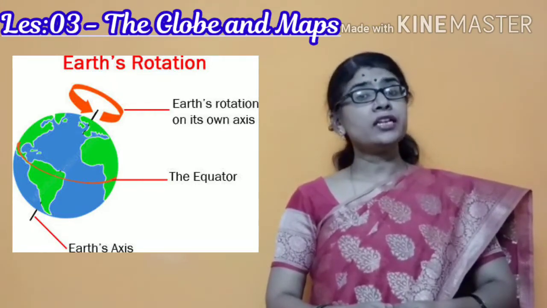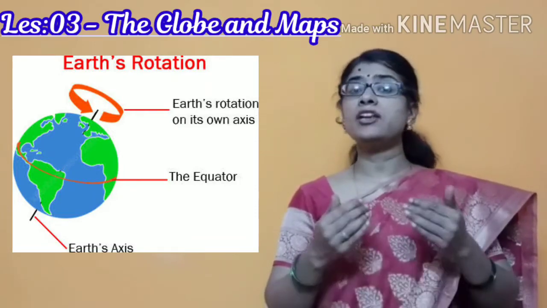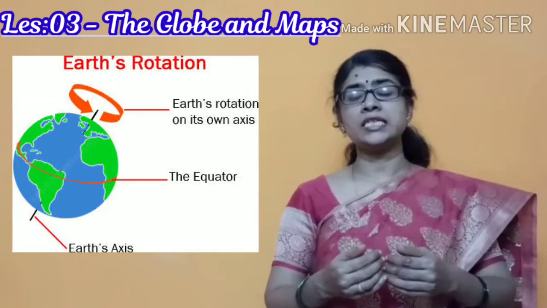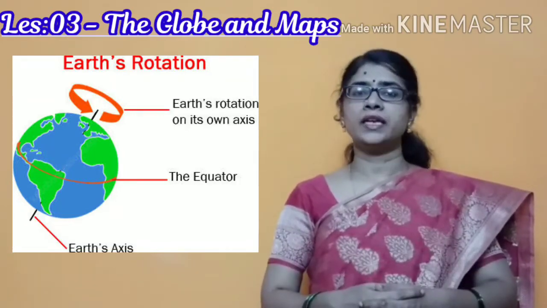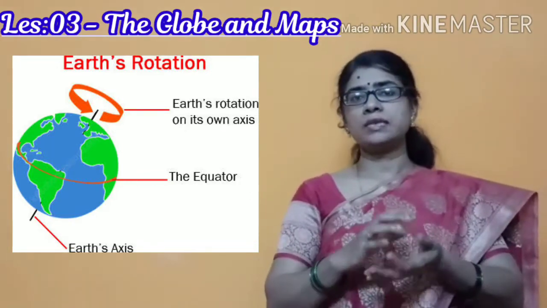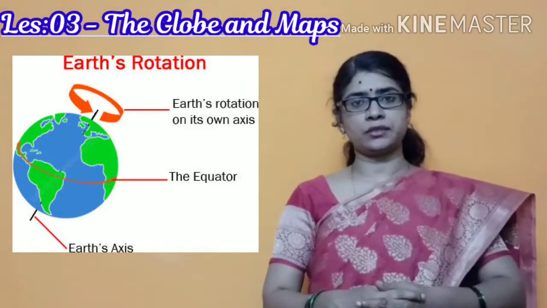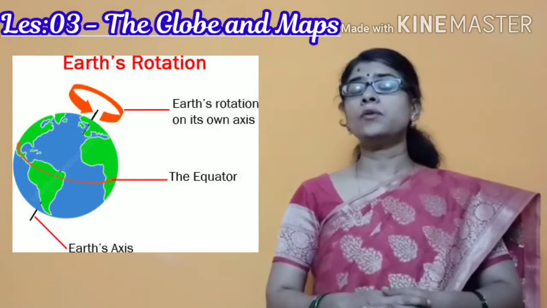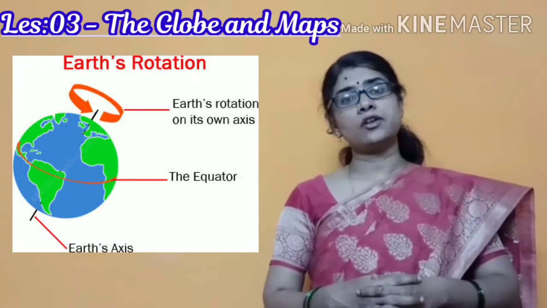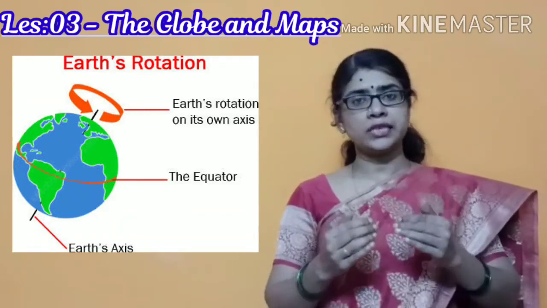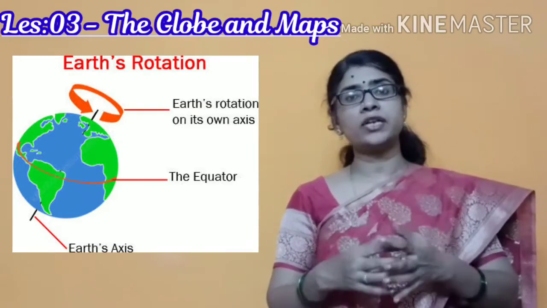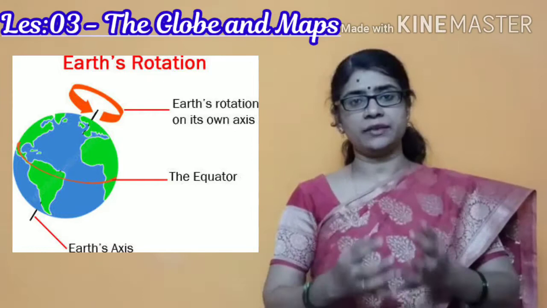And the different colors on the globe show us some information about the earth. It is reduced to a very small size, millions of times. But it shows us how the continents and water bodies are distributed on it. It shows exactly the location of the countries, water bodies, oceans, continents, everything clearly.